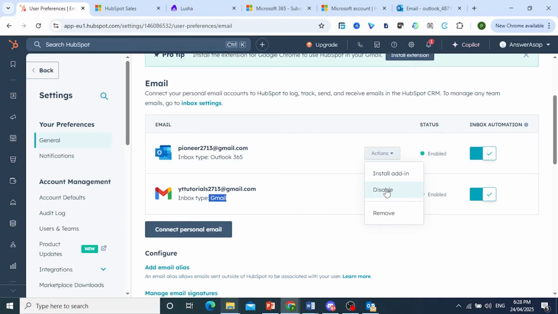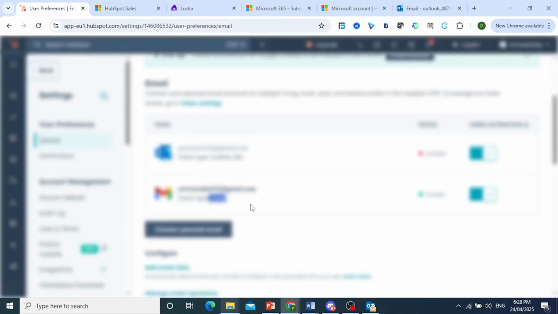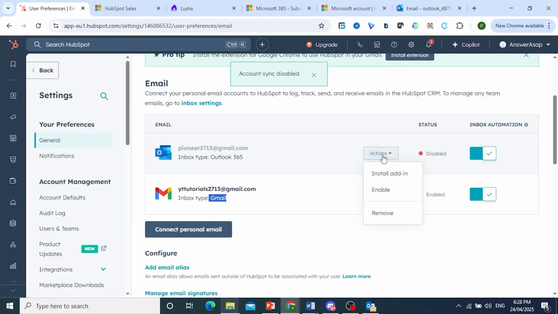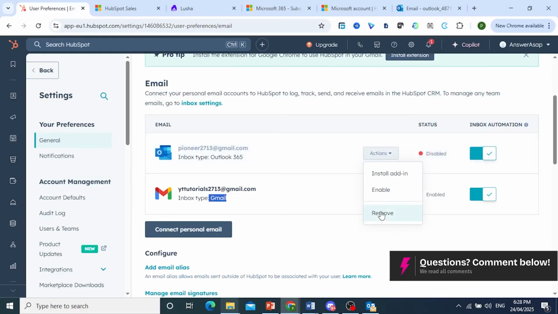You can disable this, of course. As you can see, the status right now is enabled, right? So click on Disable and click on Yes, Disable it. It's currently disabled. If you want to completely remove it, click on Actions and then just go ahead and click